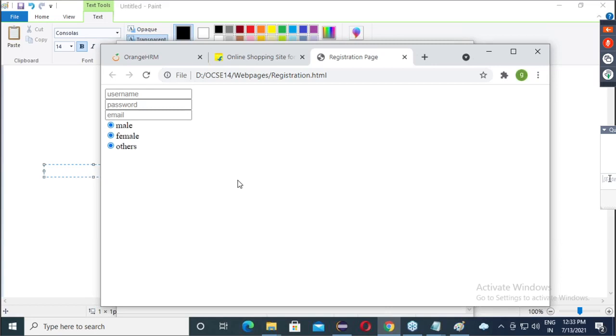No. Okay. So, can I say we have to change this? Boss, it should be either male, either female, either others. Means, can I say, guys, these radio buttons belong to one group. Out of this group, only one should be selected.